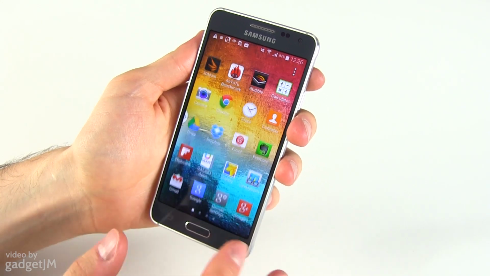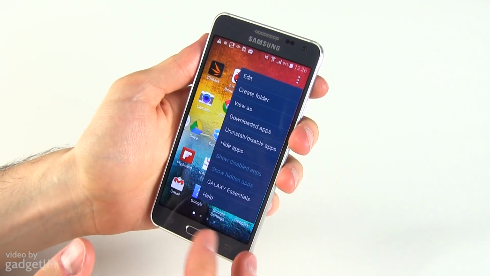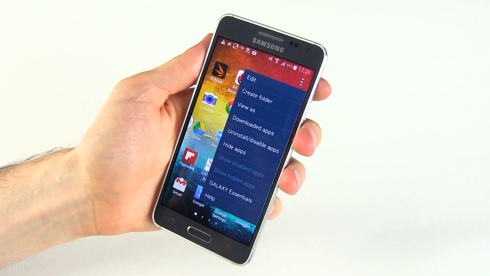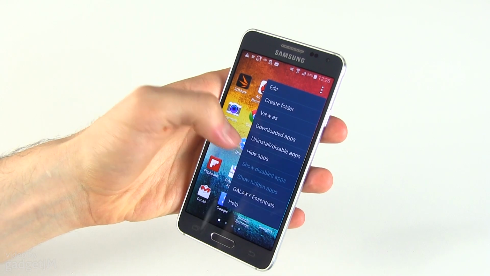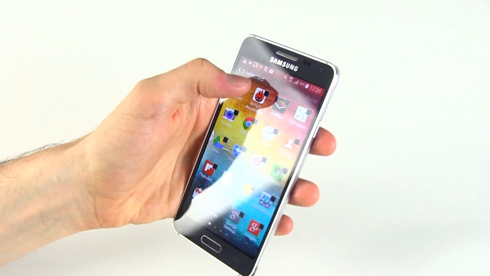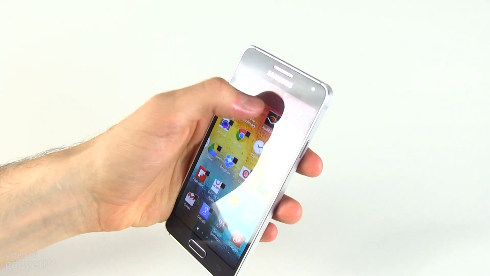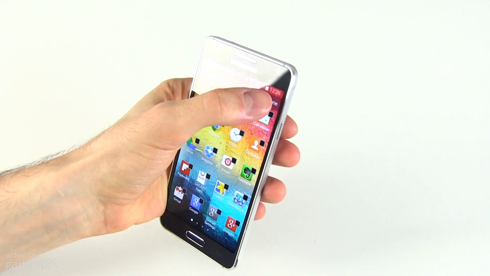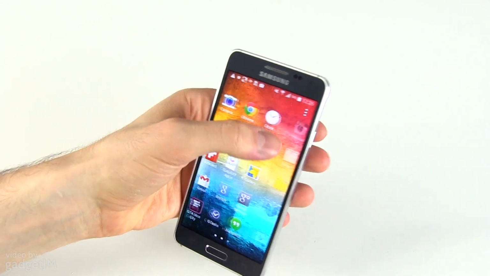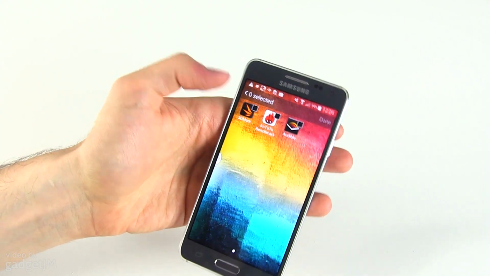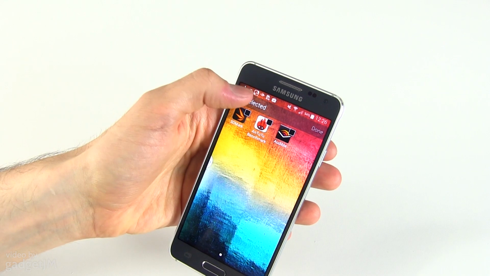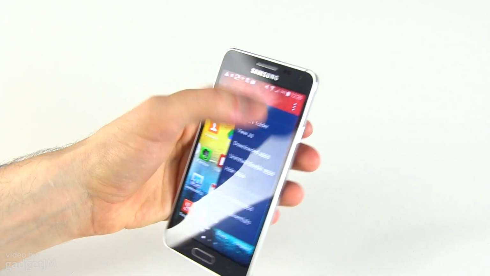Now if you want to hide one of these apps, it's actually quite easy. You have to tap the settings button, and from here you have hide apps, and maybe you want to hide one of these like this. You can just select them, and then you're not going to see them anymore, but you can then go on show hidden apps, and you'll find all of them in here